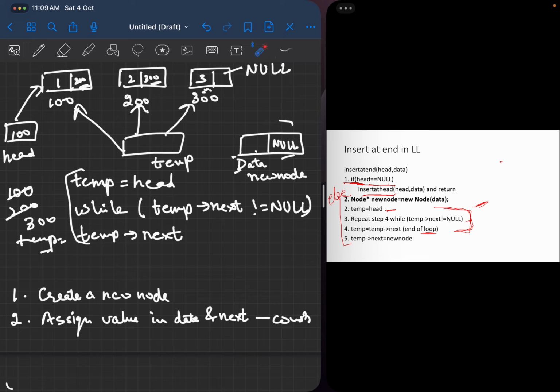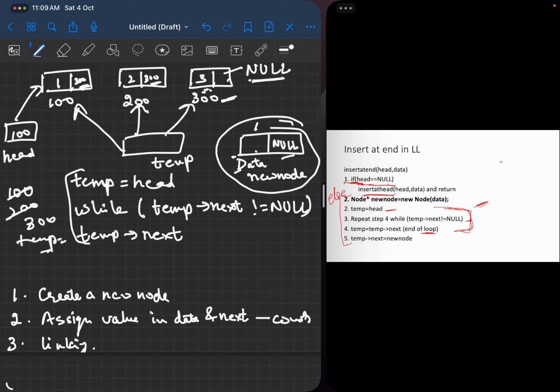Now we can insert this new node after this last element. So the third step is the linking step. For this step, the last node, which has the null value here, has to be overwritten with the memory address of this new node.